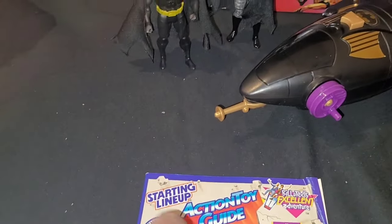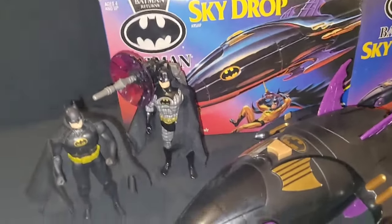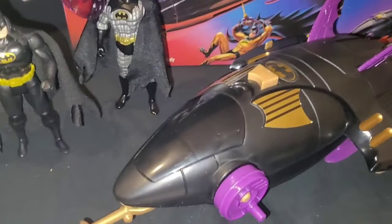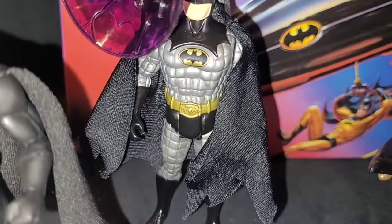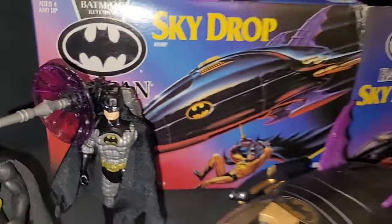But like I said, it's just one of those things that it's cool to get the stuff in hand, and if the clip didn't work well on Claw Climber Batman, it could just be because, I don't know, maybe the different sculpt of the waist, because he is a little bit more bumpy. He's not like a regular Batman, so I don't think I'm going to...